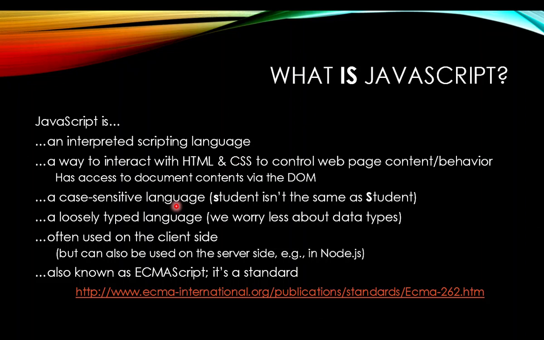For instance, in Java, you're always telling it very specifically, hey, this thing is going to be an integer, this thing is going to be a string or text, this thing is going to be a floating point number. We don't spend so much time talking about that in JavaScript because it is loosely typed. So we can kind of put whatever we want wherever we want, and for the most part that kind of works out okay. So it seems a lot less rigorous than a language like Java or C, where you have to be